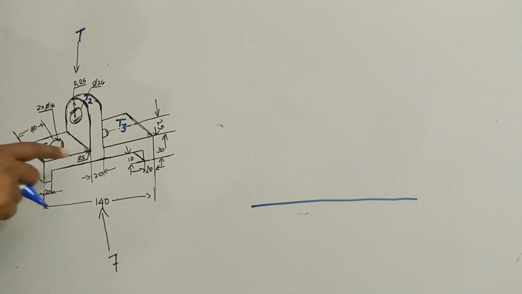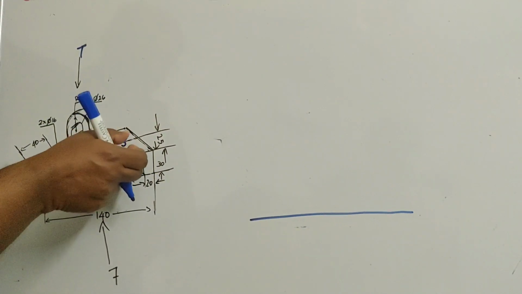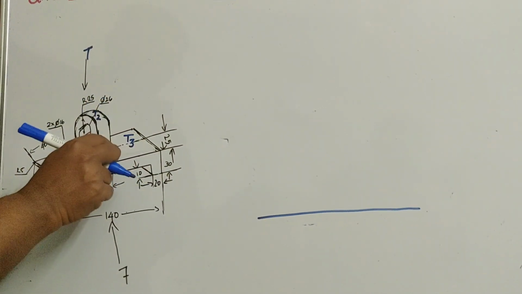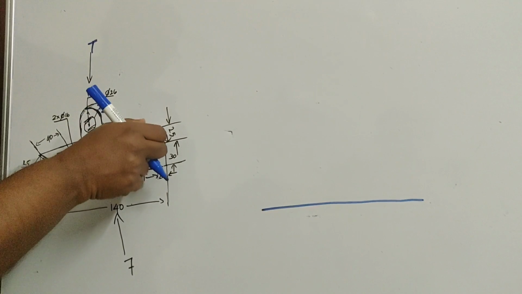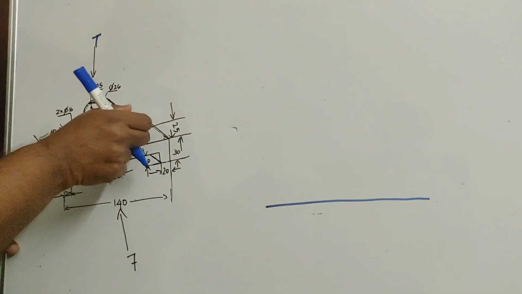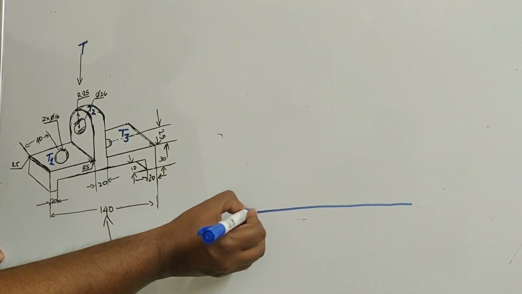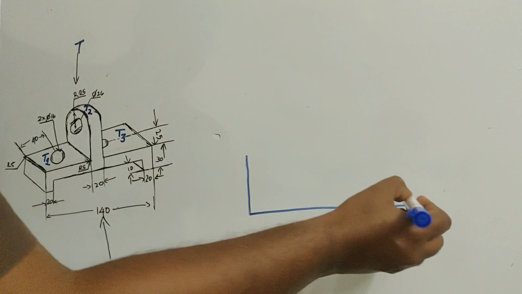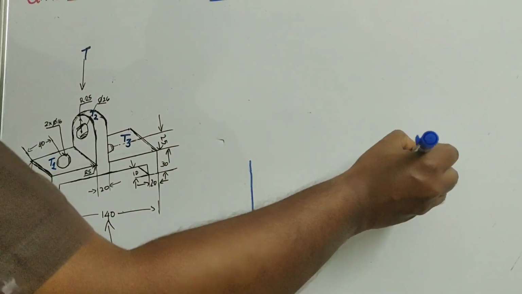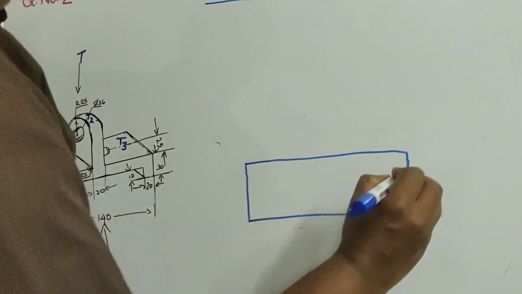Okay. Then, what about the breadth? The breadth portion you are having 25 mm to the center. So if it is 25, that is only the midpoint. So from there again 25. So 50 is the total width. So you can take 50 from here, 50 from this side also. So you can complete 50.